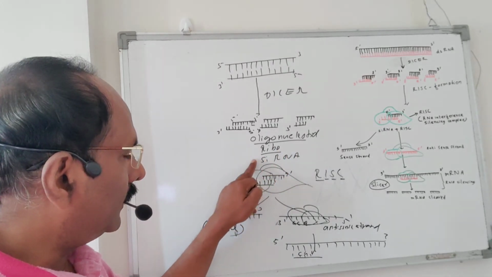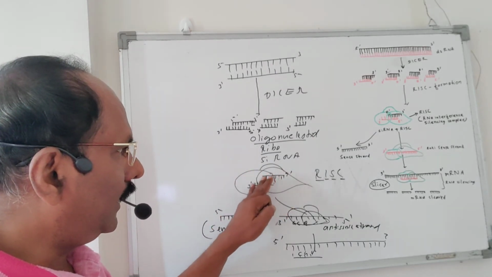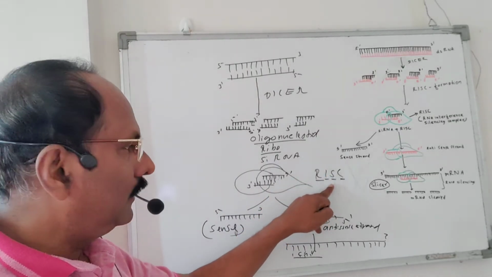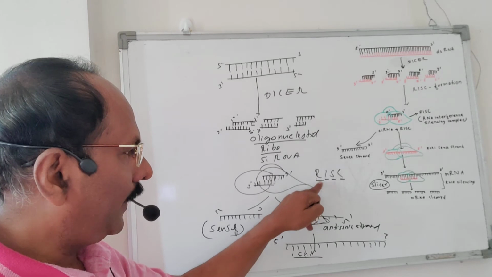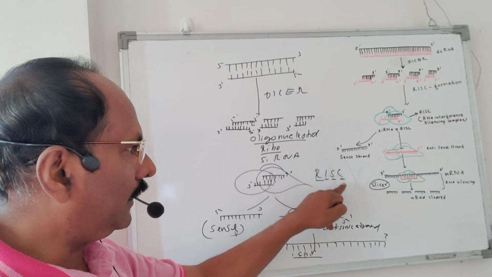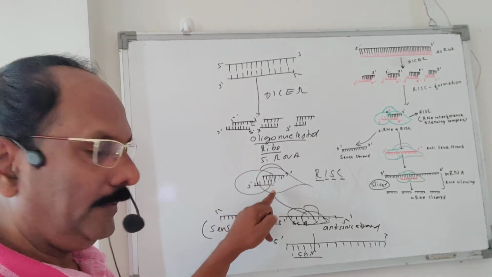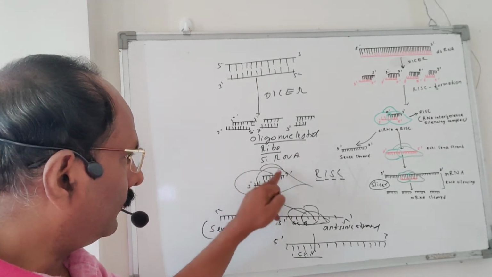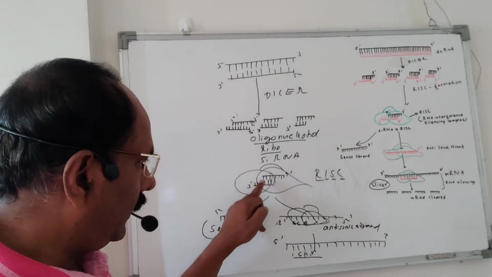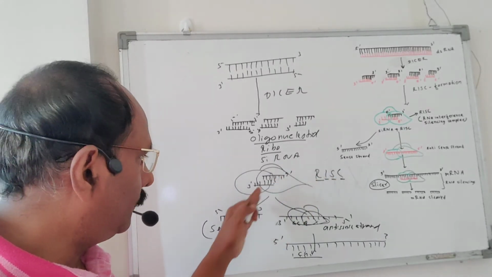RNA. This small interfering RNA combines with a multiple protein complex. This multiple protein complex also has enzymatic action. This multiple enzyme complex is known as RISC. The long form of RISC is: R means RNA, I means induced, S means silencing, C means complex. That is the RNA induced silencing complex, which attaches to this oligoribonucleotide, the small interfering RNA. So when it attaches to the small interfering RNA, a complex forms with the protein and the oligoribonucleotide, and this will split, because the RISC also has enzymatic property, it will split into two parts.